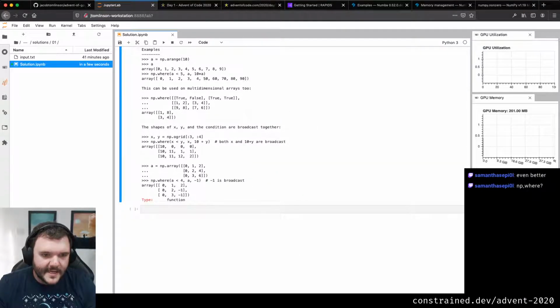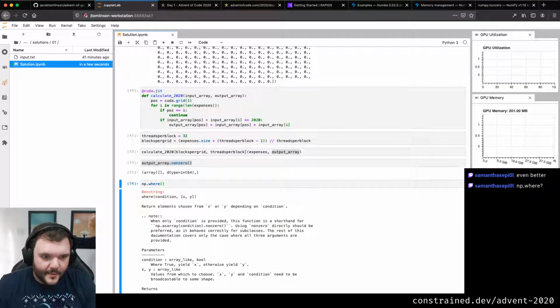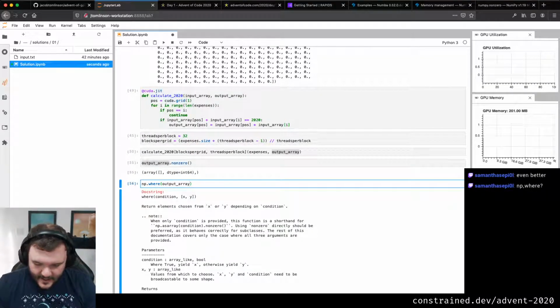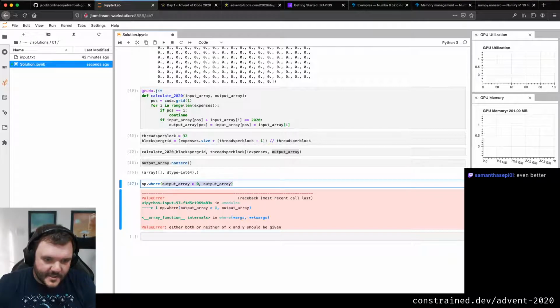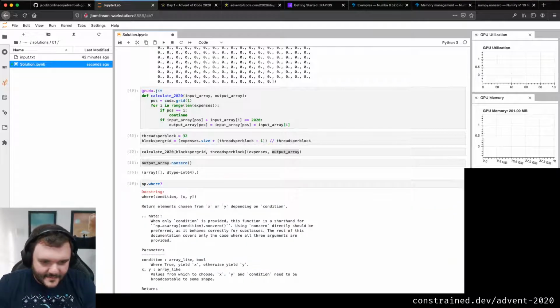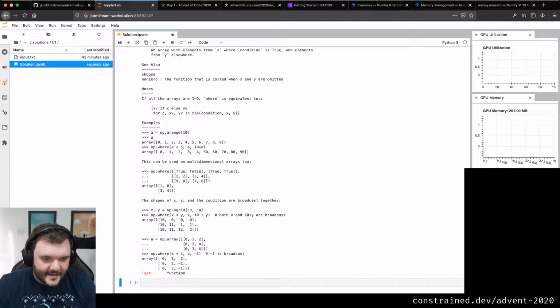This is showing how massive the holes in some of my knowledge are, isn't it? The output array is greater than 0 for output array. No. Oh, somebody point me at some code because I don't know what I'm doing.